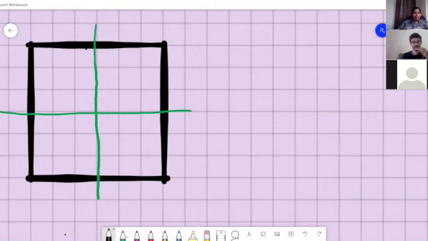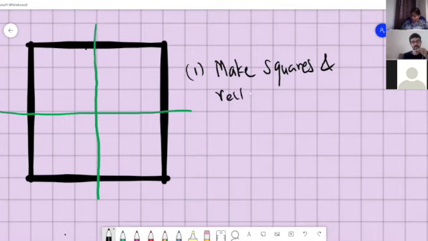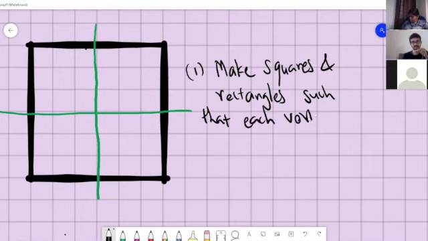I will write it down. So make squares and rectangles such that each vertex lies in each, I'll call them quadrants.